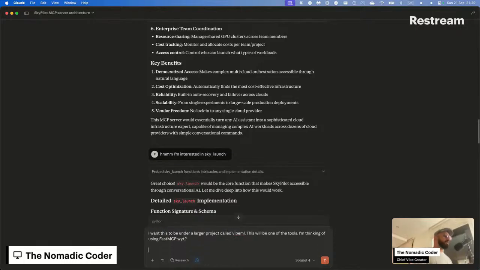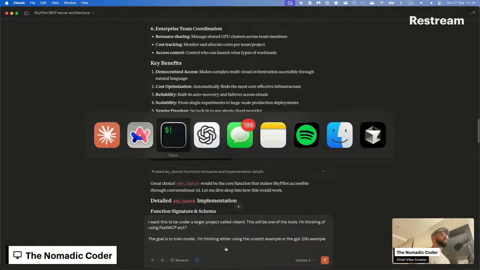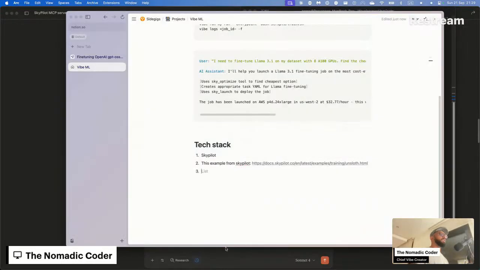And then the goal is to train a model. I'm thinking either using the Unsloth example or the GPT 20 billion example. So let's give these links back.